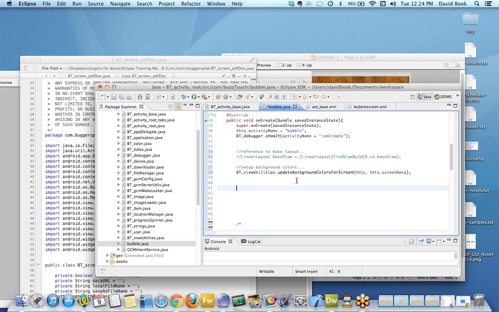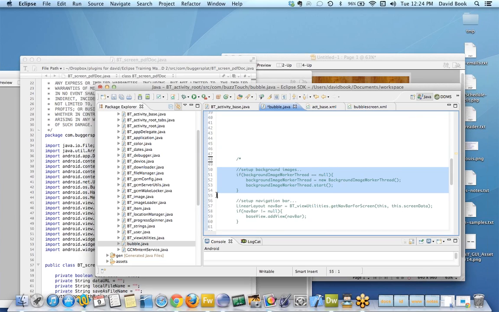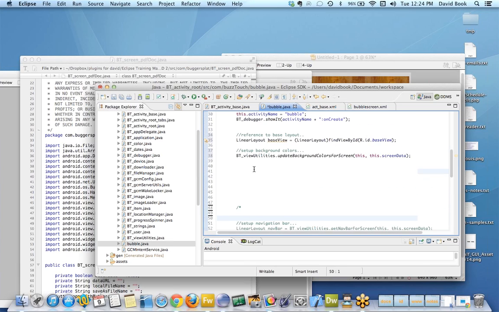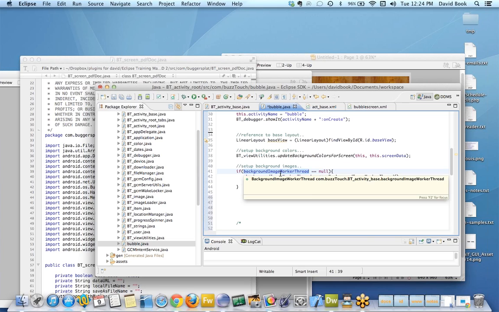Technically, we could do that without referencing the base view, but on some of the devices, it gets kind of freaked out because I'm not sure why, actually. It wants a reference from the bottom up or something. A long time ago, I just learned that referencing the base view first before updating the background seemed to work better. But anyway, so then we're going to go here, and we're going to say, what the heck is